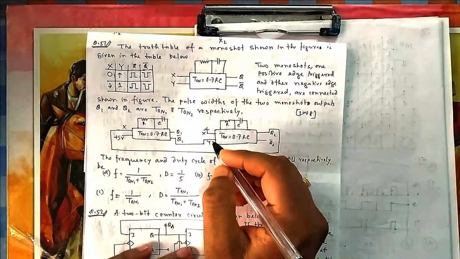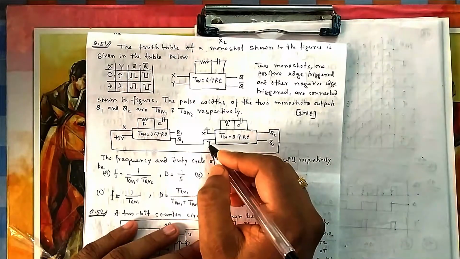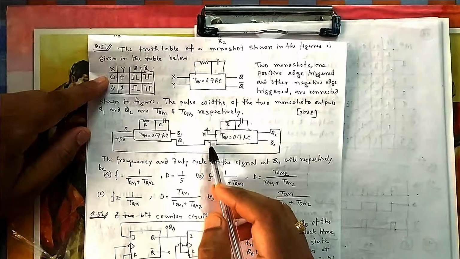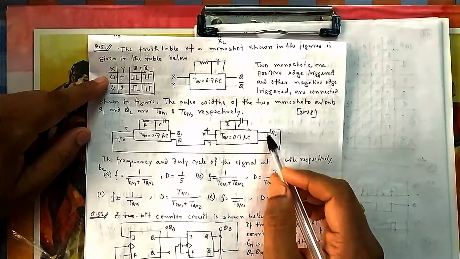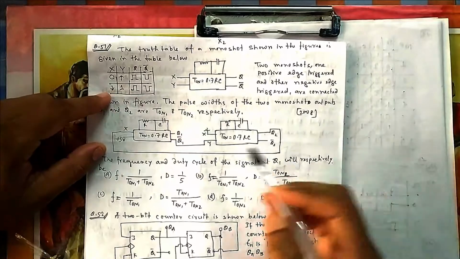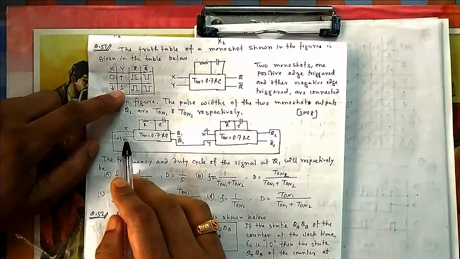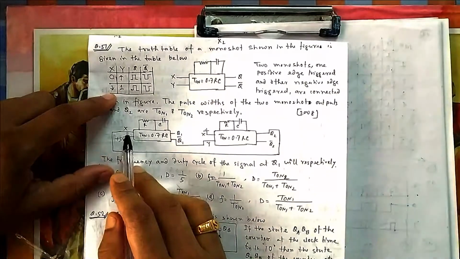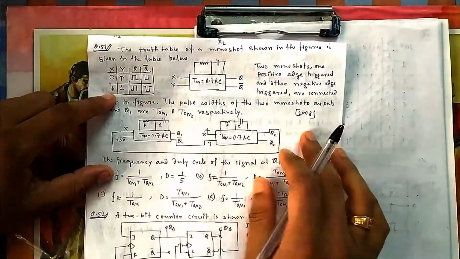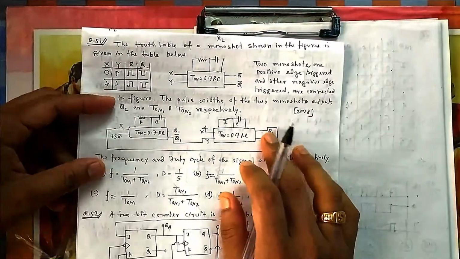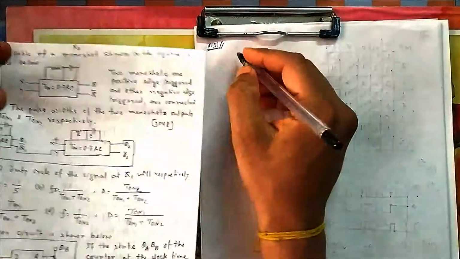If you see here, x is 0, so it will follow the first row of this truth table. If y rises, then only this output will become 1 and this will become 0. Here y is already connected to 5 volt, that is y is 1. Now if x falls, then only you will get output 1. So let us start with the last one, taking Q2 as 1.